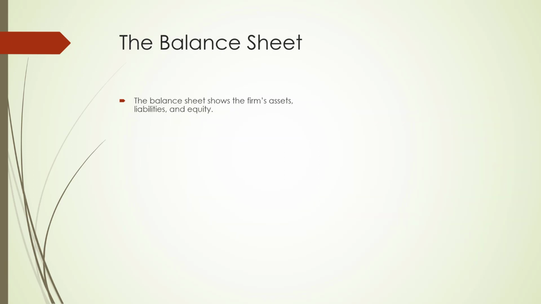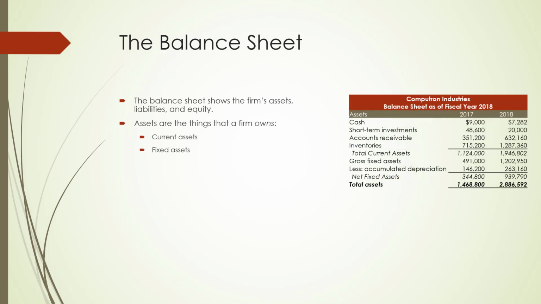$21,824. Now, the balance sheet shows the firm's assets, liabilities, and equity. So the assets are the things that the firm owns. And we usually break the assets down into two categories. We have the short-term or current assets, and we have the long-term or fixed assets. So the current assets are cash, short-term investments, accounts receivable, and inventories. And the fixed assets, well, normally we would see more categories of fixed assets, but in this case we simply have gross fixed assets. Those are carried at cost, and then from that we subtract accumulated depreciation, which gets us